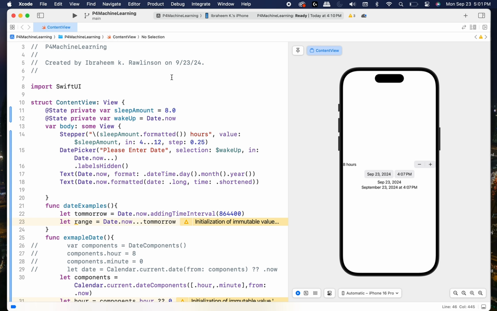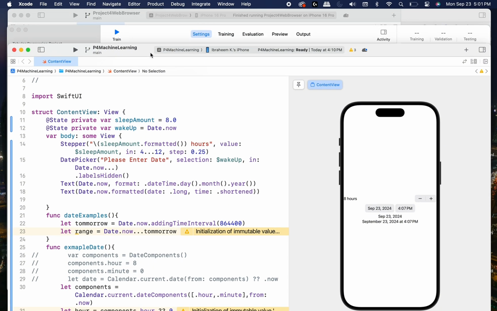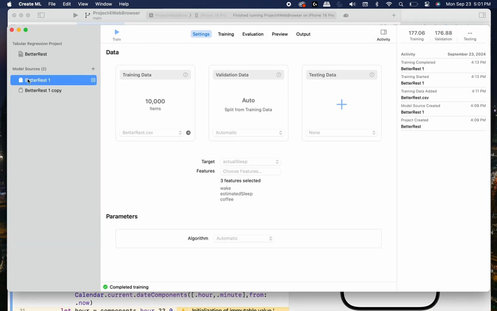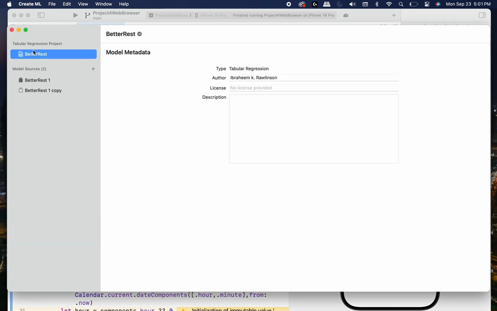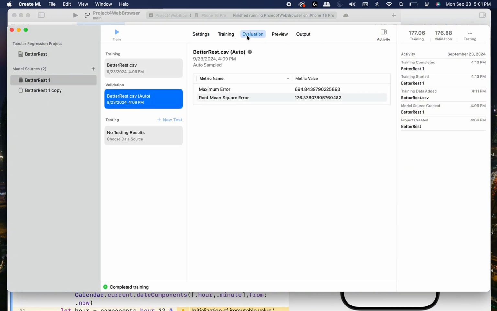But for part 1, I was just basically understanding how steppers work, how date pickers work, and to basically let the Apple framework do its thing. So for example, it doesn't make sense for me to actually calculate the date, time, minutes, seconds, and everything in between, right? Because there's so many factors to take into consideration, like leap years, time zones, all that extra stuff. But here, this is where I'm feeding the data for my own machine learning